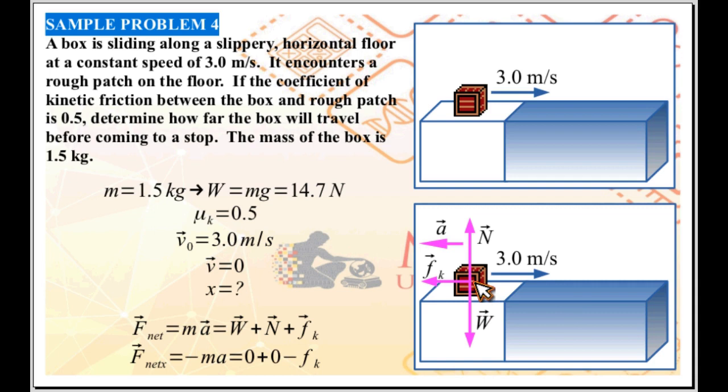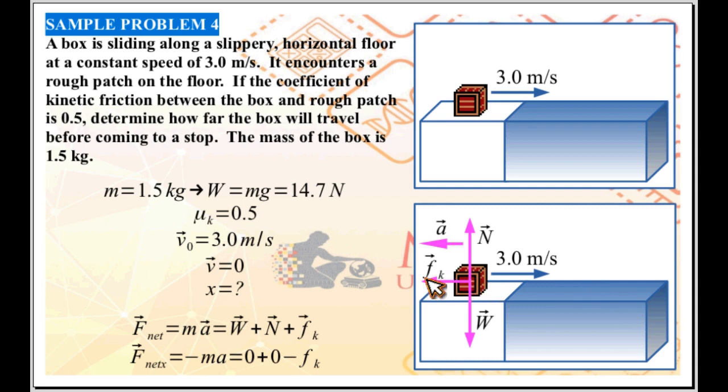Because of the weight, the box is pressing into the surface, into the horizontal floor surface. The floor will react by producing normal force. The surface is horizontal, therefore the normal force is vertical. And because there is kinetic friction between the box and the rough patch on the floor, we have kinetic friction